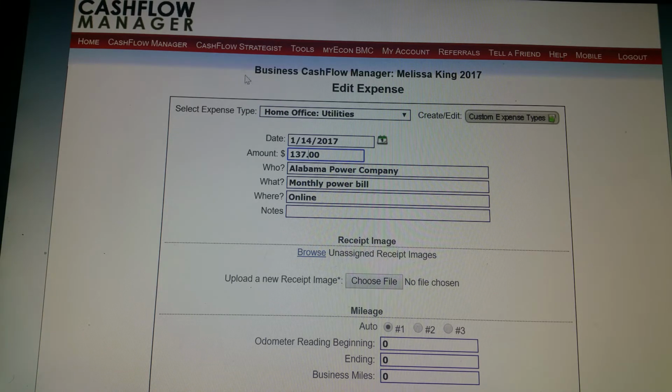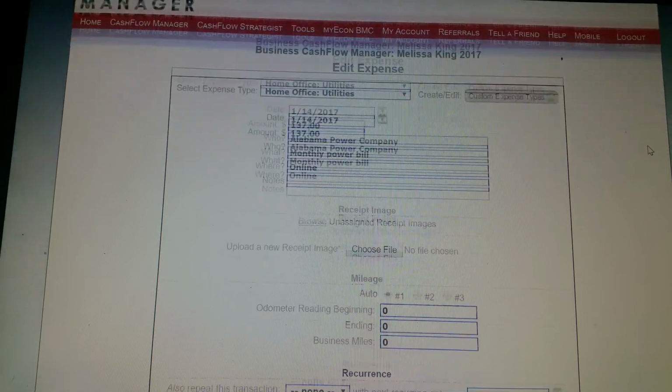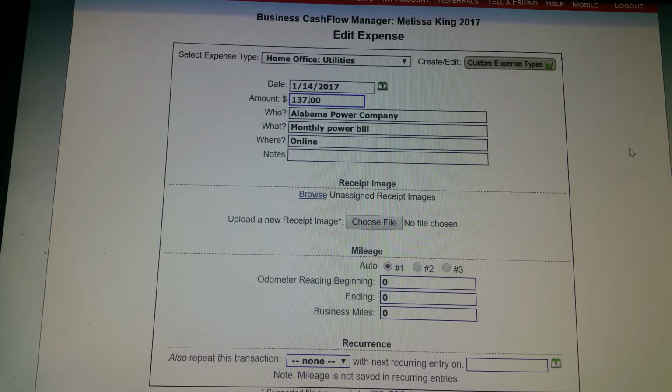I have parents, and I know how they feel about doing things on the computer, but if it's something that's going to enrich your life or make your life better, you can't always be afraid of it. Sometimes you've got to embrace it and deal with it. But this system is so easy to use and so easy to maneuver that there's really no reason that should stand in your way from keeping track of your expenses